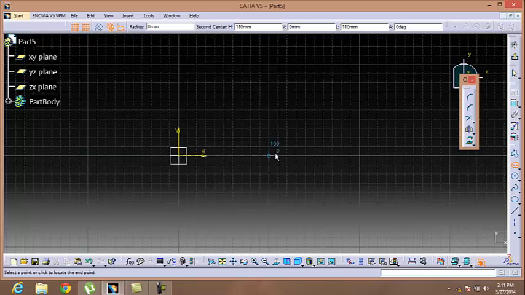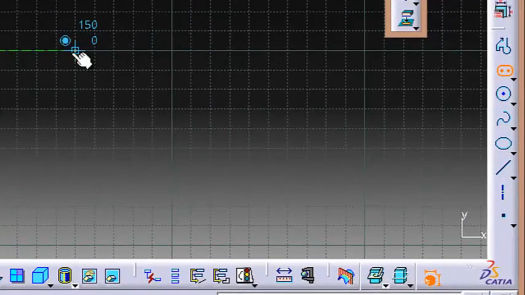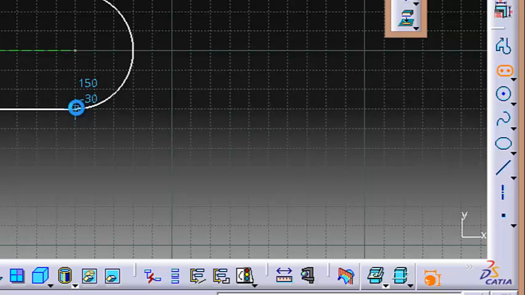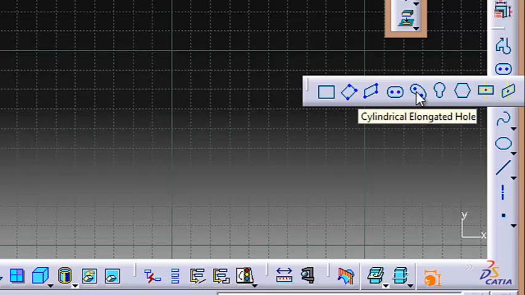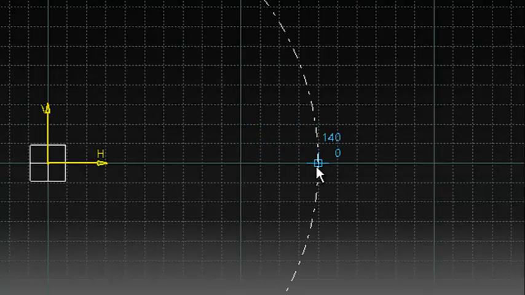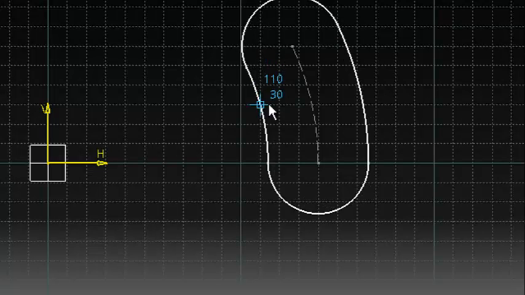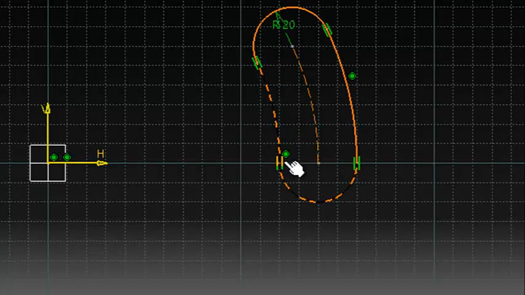We selected first point, second point, then a point on the periphery, and we got our elongated hole. Next is a cylindrical elongated hole, similar to the elongated hole. First point, second point, then a point on the periphery, and that's it.